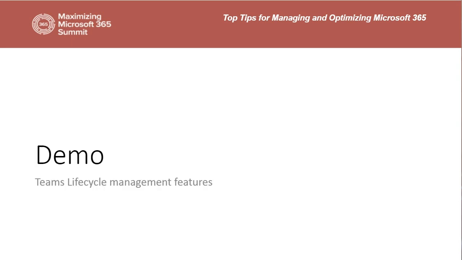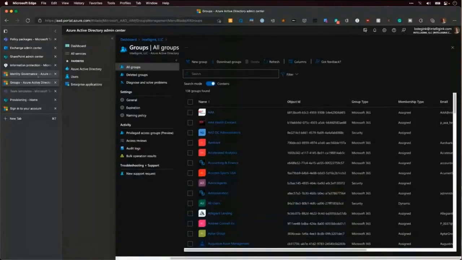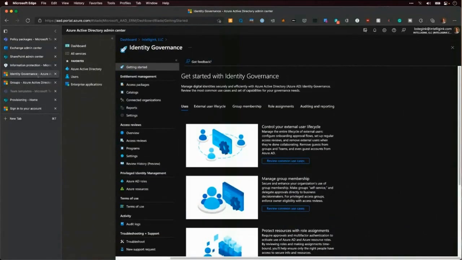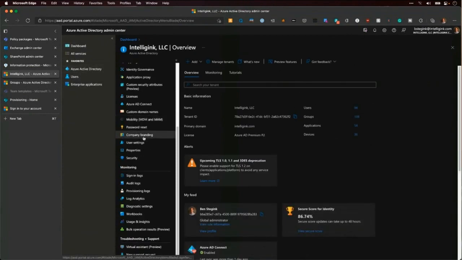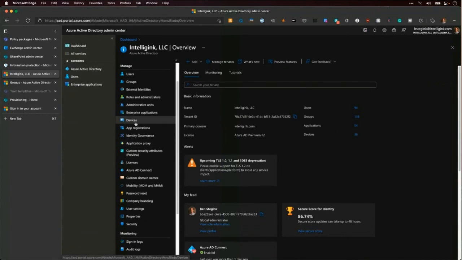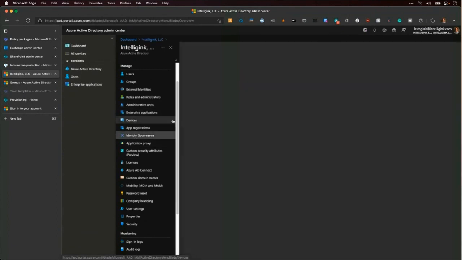So some of these features we talked about. We're going to go share the screen once more and go find my Azure Active Directory environment. This is that access reviews I just talked about. So Azure Active Directory, if you're in your Azure Active Directory environment, you go under your identity governance.